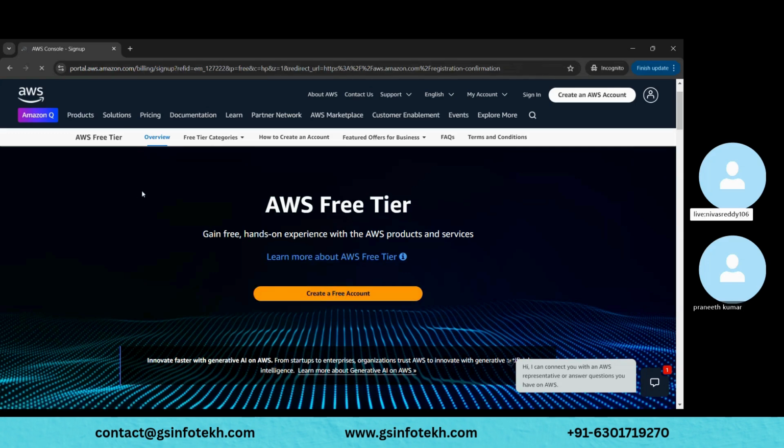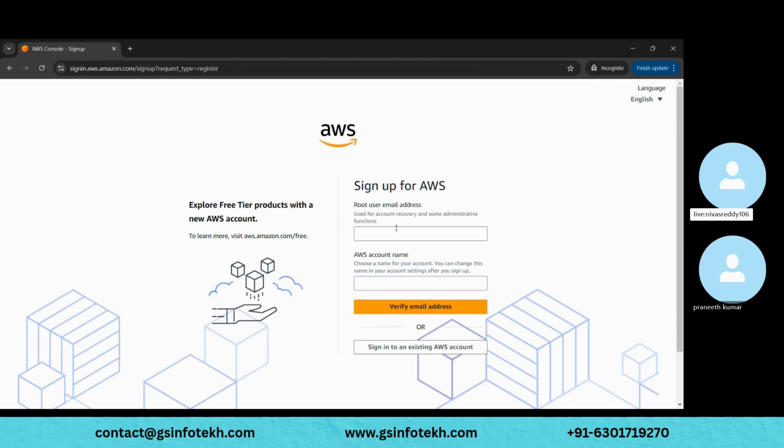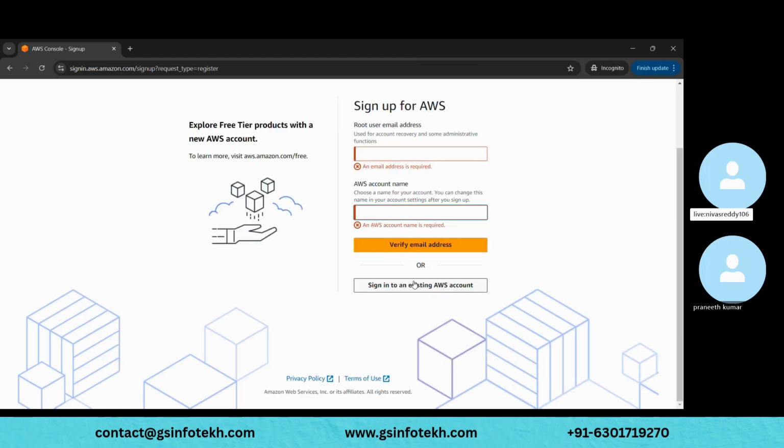First type in AWS create account, and sign up for a free account. It lands you on this page where it says sign up for AWS, and you just give your email ID. You can have any account name, like a username. This can be changed later, but you can give anything. If you are aware of a username that you frequently use, use that, and then click on